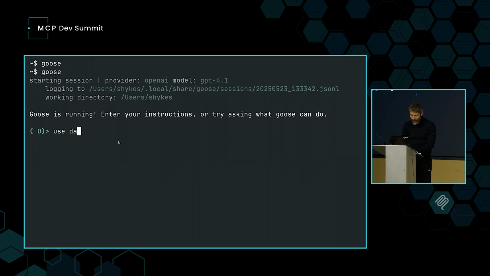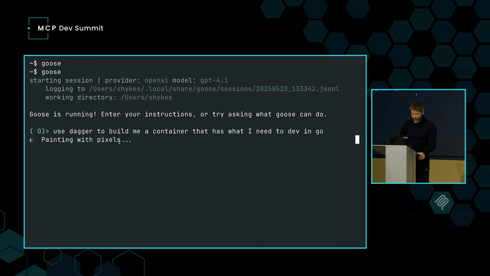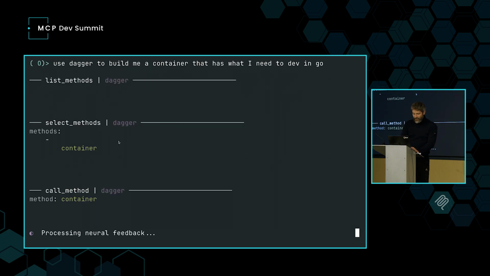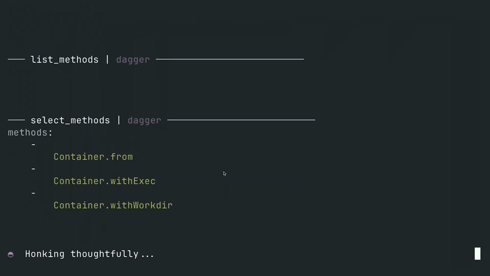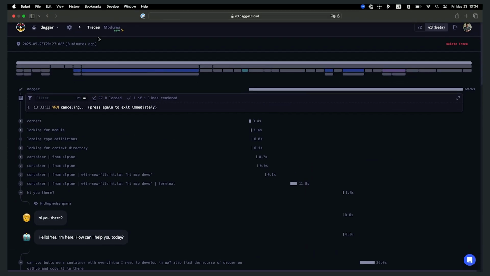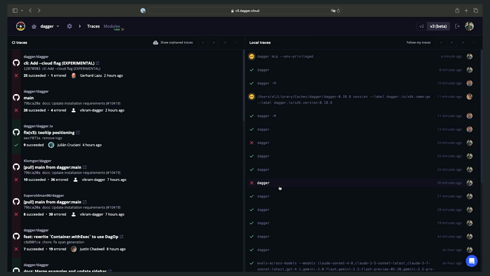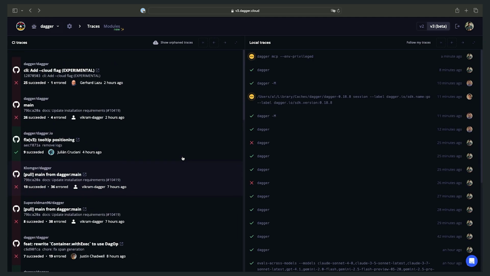I would have to say, use Dagger to build me a container that has what I need to dev in Go. And then normally, you see the list methods, this. What's cool is that even though it's over a third-party client, I can still go to my little tracing thing here in Dagger Cloud. By the way, all these things we run in CI also. So on the left here, that's actually our production CI.